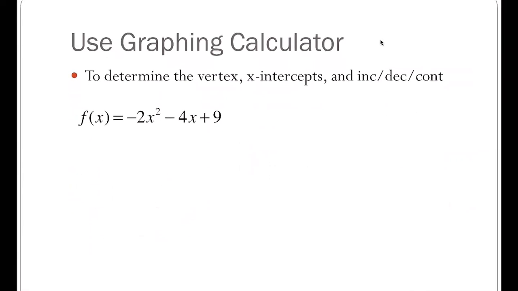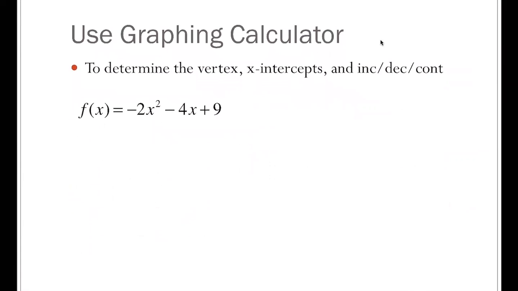You can also use your calculator to determine your vertex. So you would graph this, you would go to y equals, and you would graph it. Once you graph it, you would hit second and trace. Since you have a negative a value, you are looking for a maximum. And when you're looking for a maximum, this is the same as when we were doing increasing and decreasing before. Remember, you have to do a left bound,